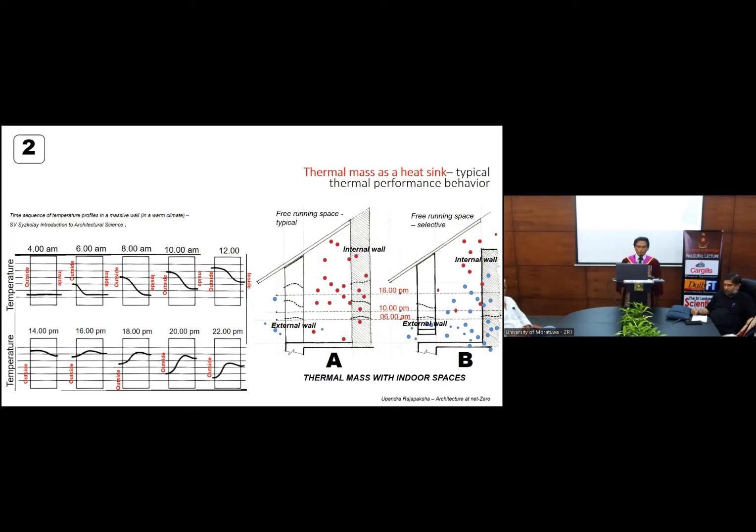By 2 o'clock, 14:00, both internal and external surfaces have reached a higher level. By 4 o'clock, it has reached the maximum level. Then after that, it again starts to decrease because in the night, the outside is cold, so heat will go back to outside or heat will transfer into the building. So figure A shows how heat is transferred into the building and what happens after that.